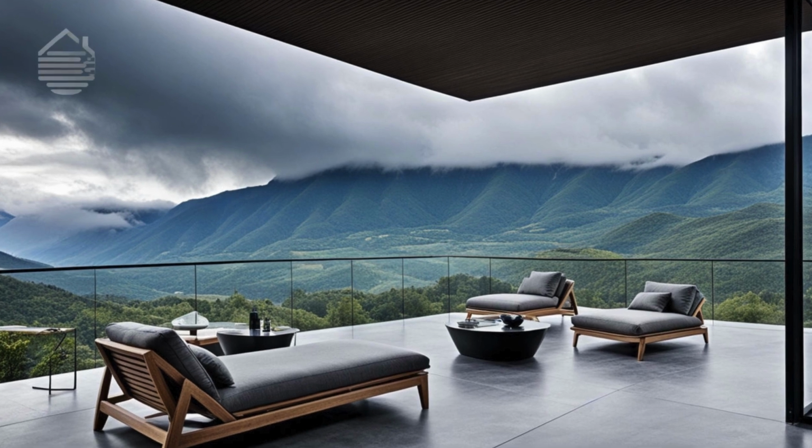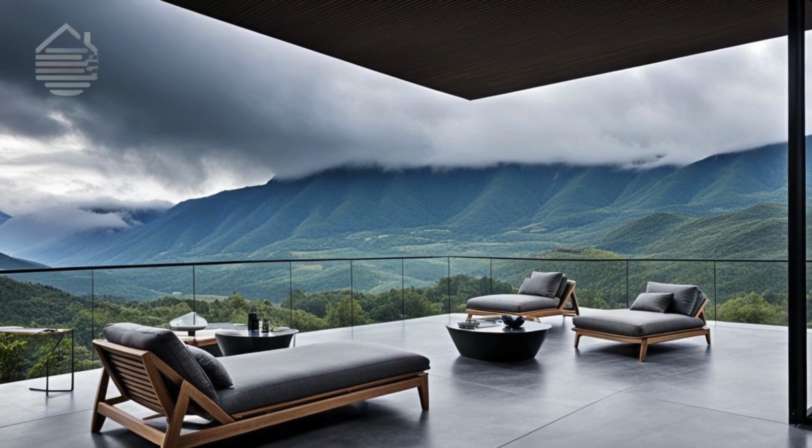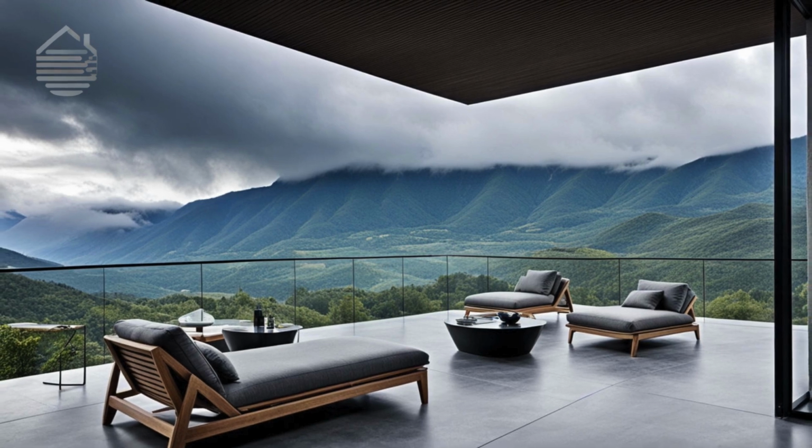With terraces and outdoor spaces set at different levels, these homes take full advantage of their elevated positions, offering endless views of valleys, peaks, and sky. As we